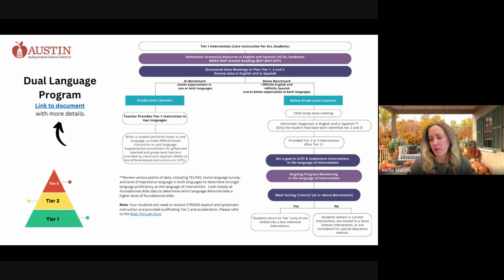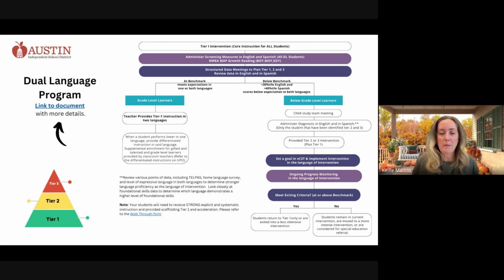This assessment occurs 3 times a year, at the beginning, middle, and end. After the assessment, school staff will have structured data meetings to identify student needs and create instructional plans. Students will be considered at benchmark if they meet the expectations in either language. However, students who score below the 30th percentile in English and the 40th percentile in Spanish in both languages